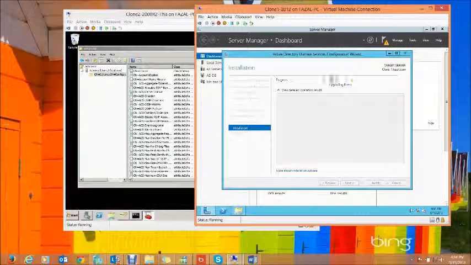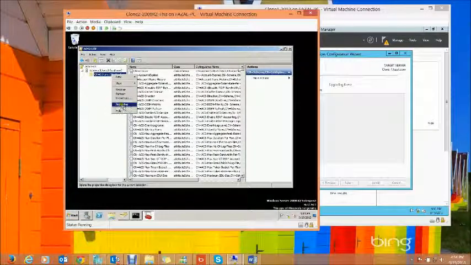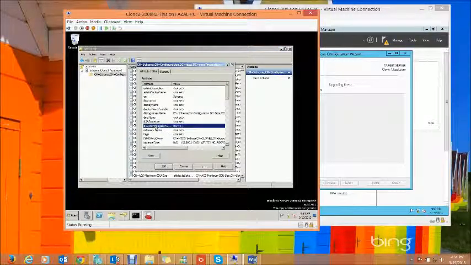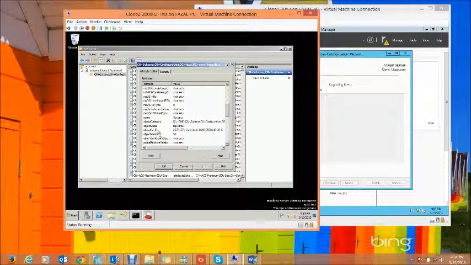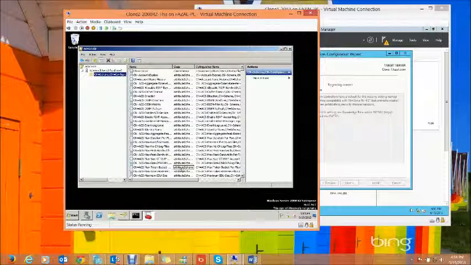So if we look over here, it says upgrading forest, then it would say upgrading domain and the show would go on. So what I'll do right now is I'll go back, pause the recording, and then once things come back, I would resume it. So just to show you over here, the version number object, which was 47, now has been raised to 56, which shows that the schema is being upgraded in the background. And I'll pause it for now. Once we are back, I'll show you the final flavor of it.